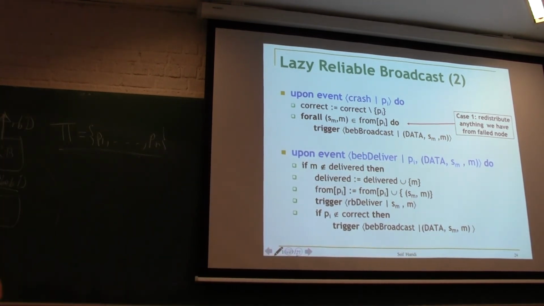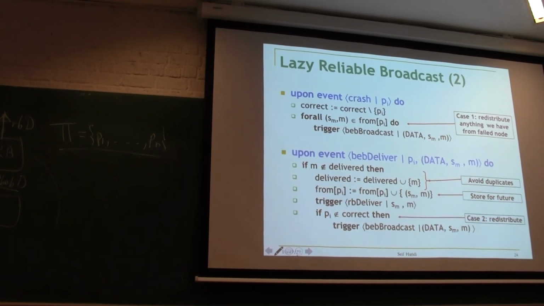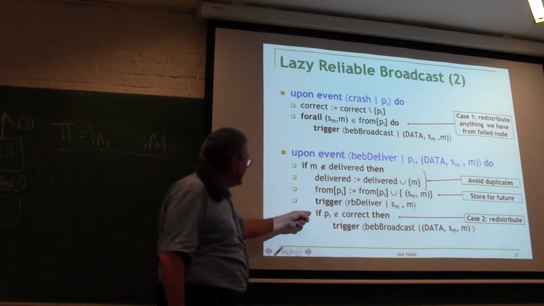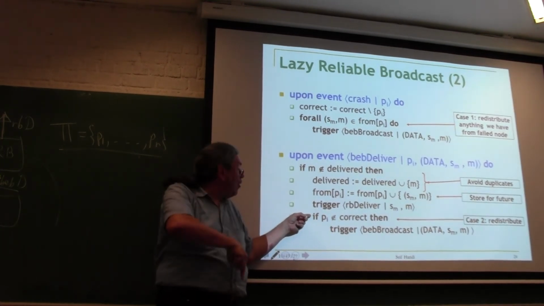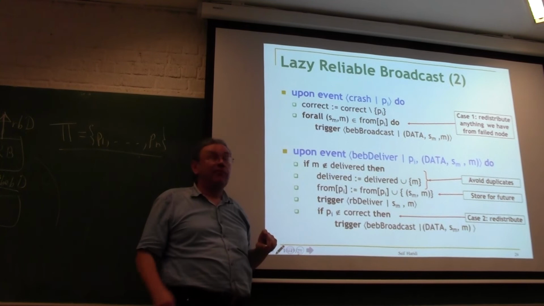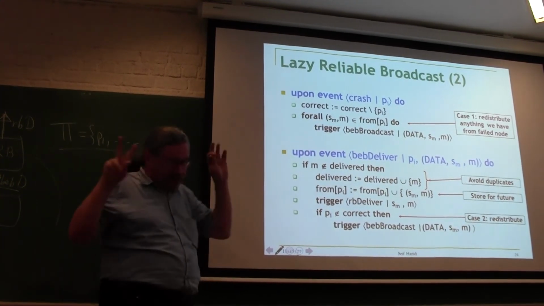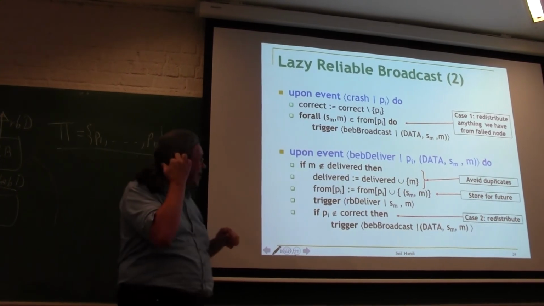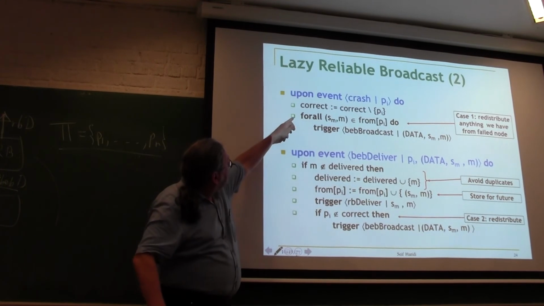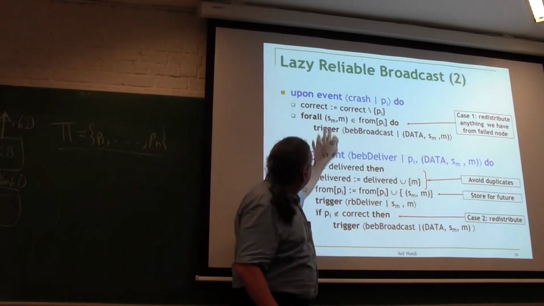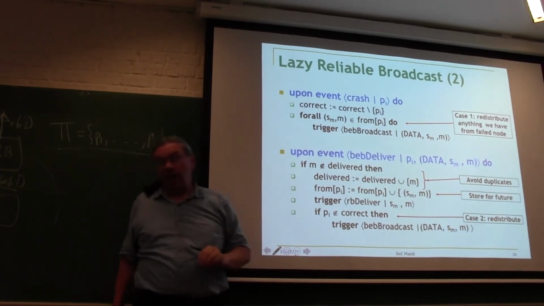You have to redistribute. So this is the, okay, this is the case 2. This is the case when the crash happens, it comes before the BEB deliverer, and the deliverer is slow. The case when it's like a delivery from a zombie, but it's not a delivery from a zombie, yeah? So you see that the crash handles the first case, and the BEB deliver handles the second case.